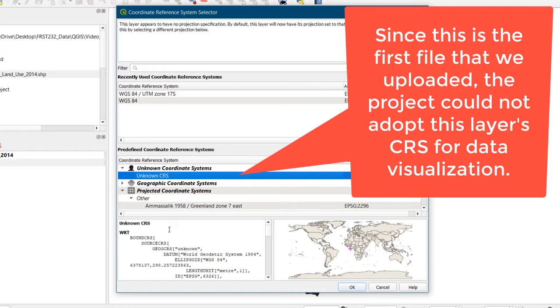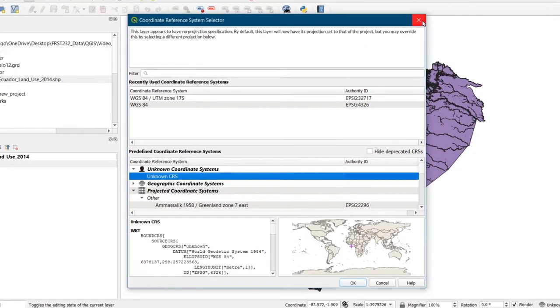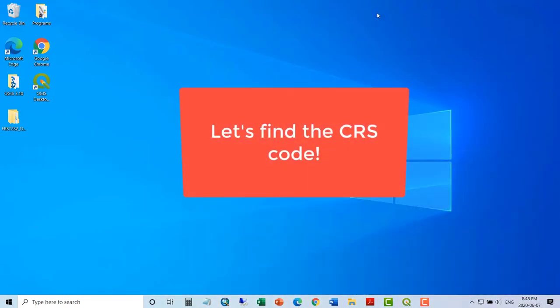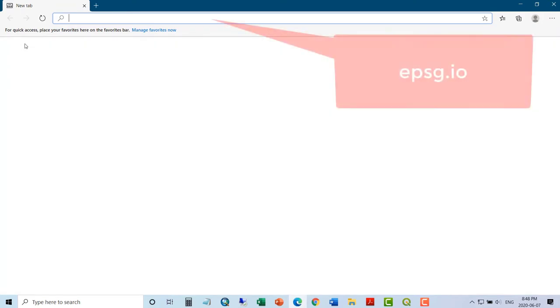This is the first file that we uploaded. The project could not add this layer CRS for the data visualization, so we will add to the project the CRS we need to use, and then we will add it to all layers. Let's see whether we can find the CRS code. To do that, you need to go to the